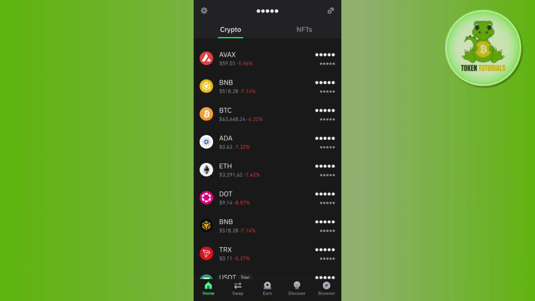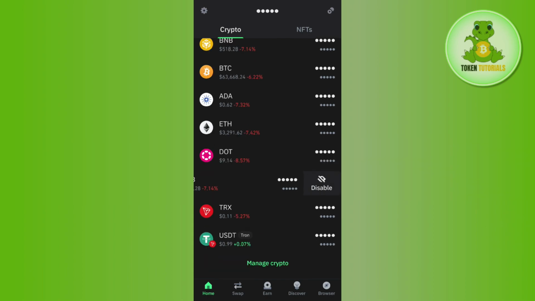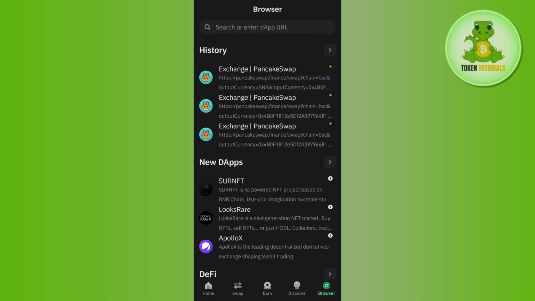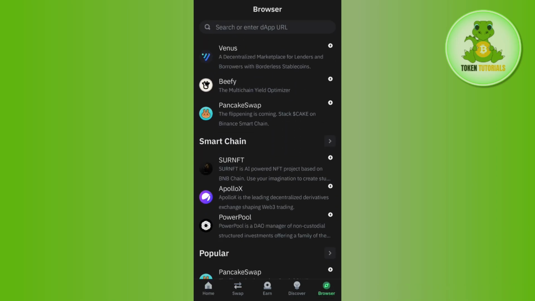In order to do this, you first have to launch your Trust Wallet mobile application, and then you need to provide your passcode or your fingerprints in order to log in to your Trust Wallet account. Now once you're successfully logged in, in order to swap your Floki Inu coin, you need to tap on this browser tab in the bottom right hand corner of the screen, and then you just have to scroll down and tap on Pancake Swap. This will redirect you to